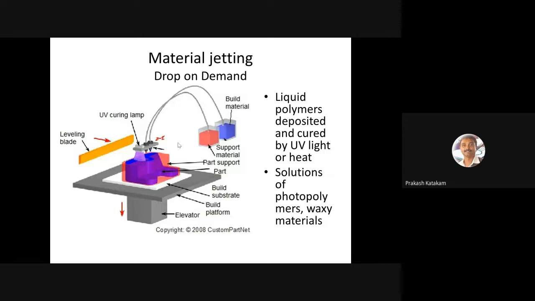But if you want to print an object which is having, for example, a rabbit upside down, what happens? Initially, you will print the ears, layers of the ear. Then what happens after printing sufficient size? The object will fall down because now the entire object is standing on the ears of the rabbit. Once you go to the body part, that means after printing say 5 centimeter height, that body part, because of its weight, may fall down.